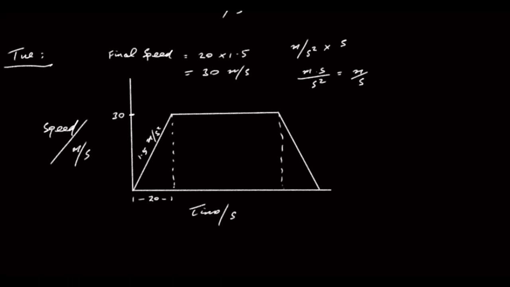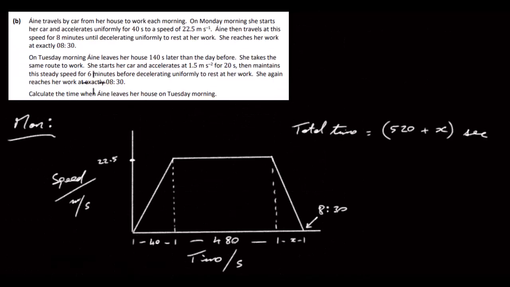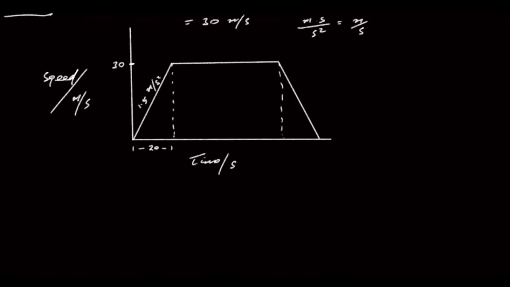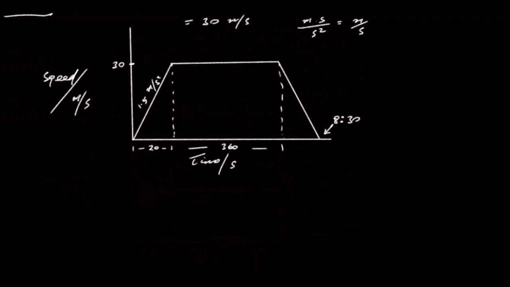So we have her final speed that she's going to maintain for, how many seconds does she maintain that for? For 6 minutes. Okay, so that's 360 seconds. So you've got 360 seconds here. And then finally, we don't know what this time is down here, but we know that she arrives at 8:30 again. So let's look at her total time. So her total time then